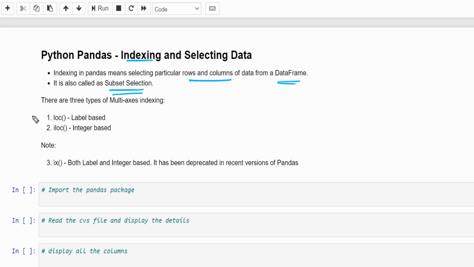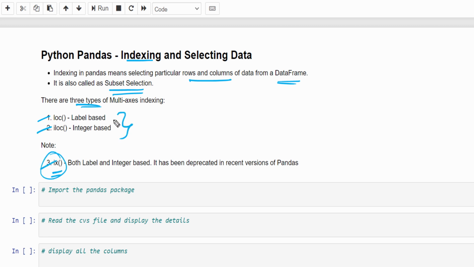In order to do that, we have three types of indexing: label based, integer based, and both label and integer based. Right now this particular indexing is not used, so let's focus on label based and integer based indexing.